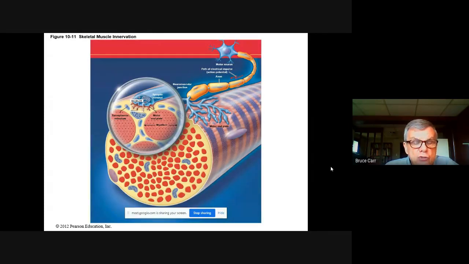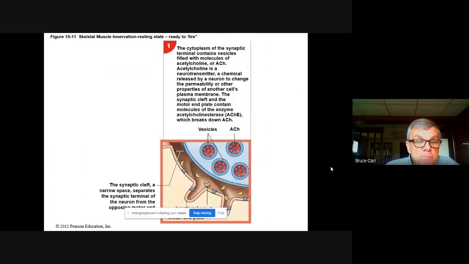You can see the striations that represent that thick myosin middle to each of the sarcomeres arranged in register across the fiber, myofibril by myofibril. But more important, we see where the nerve approaches the sarcolemma, you have a gap. That's called the synapse. And that synapse is shown here, synaptic cleft, space between the nerve and the muscle fiber